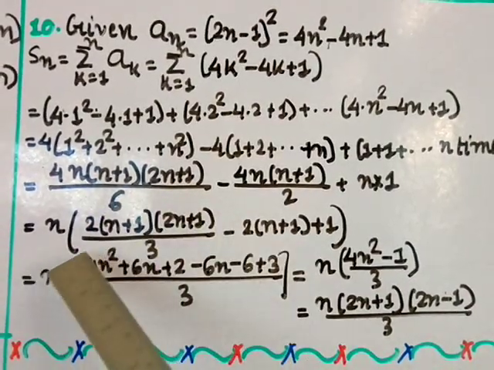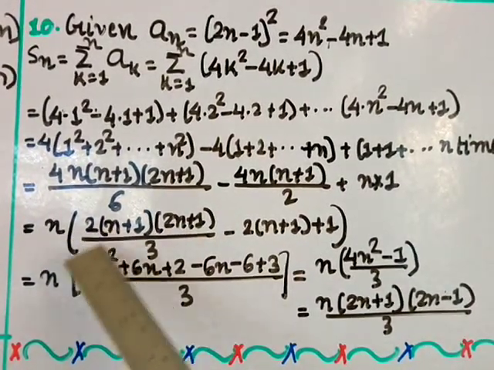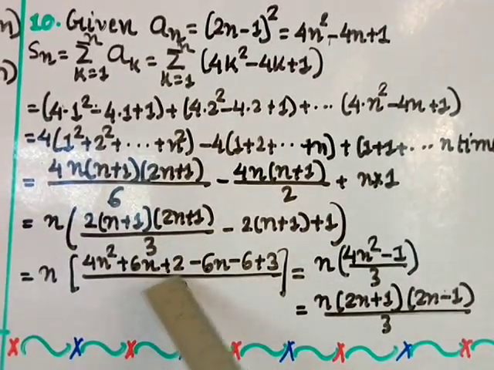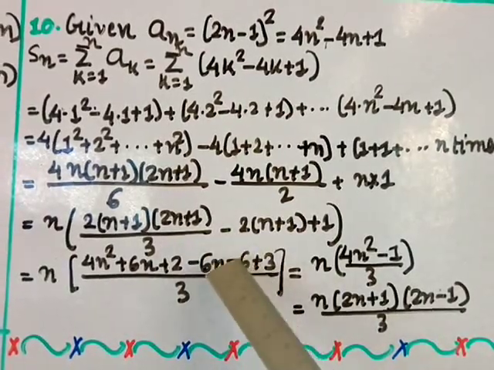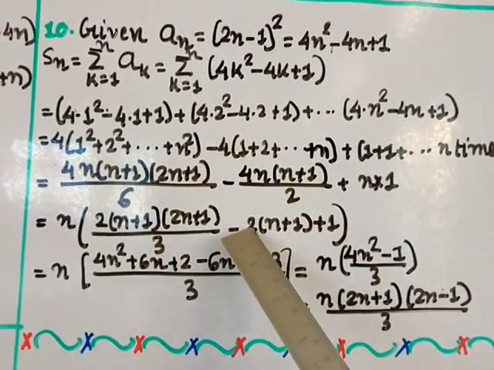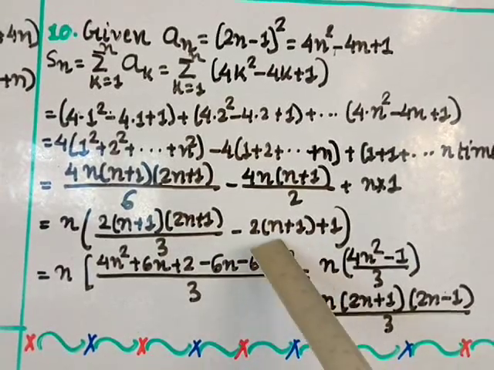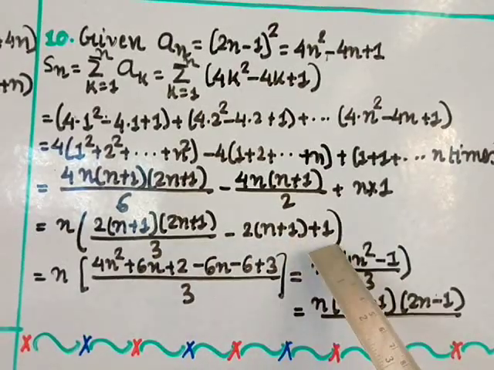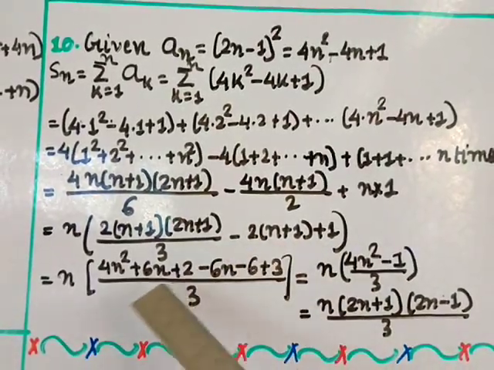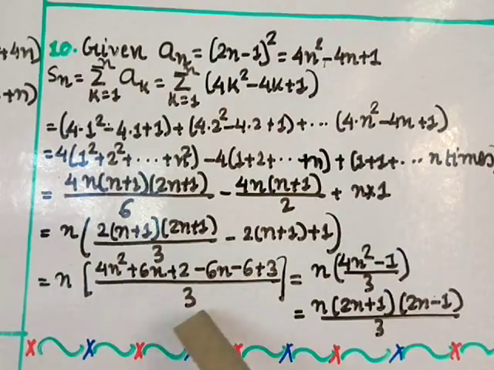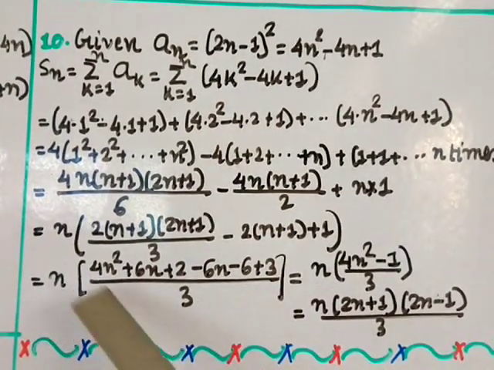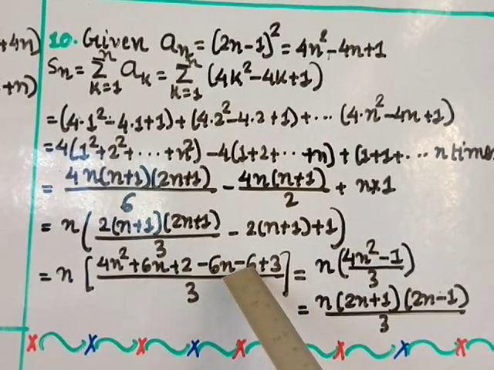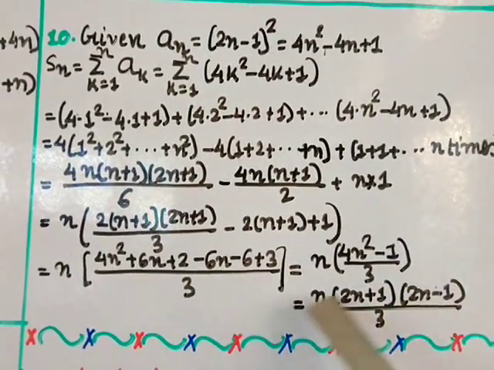Okay, so I multiply together, so you get here 2n into 2n will give you 4n square, plus 6n, plus 2. If you multiply, you get this much value, right? And this you multiply, and also you take the LCM, so 2 into 3 is 6, so 6 into n is 6n minus 6, and here also multiply by 3 because of taking LCM, so you get here 3 into 1, so 3, denominator is 3, right? This gives you n (4n square, 6n minus 6n will cut, plus 2 minus 6 plus 3 will give you minus 1), divided by the denominator 3.